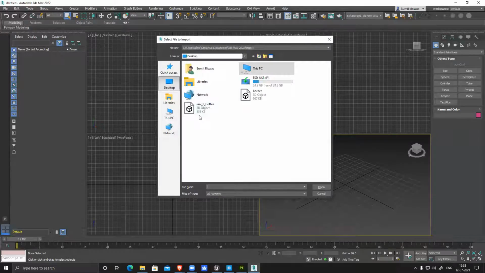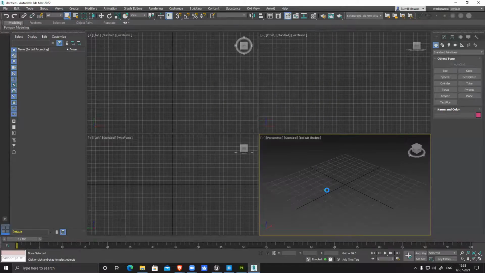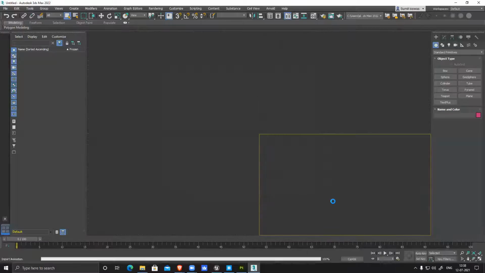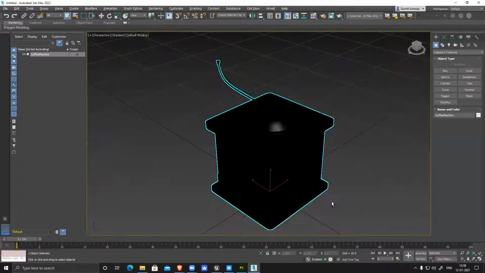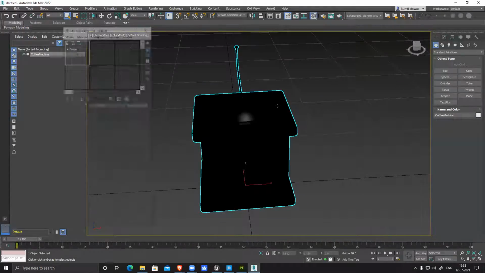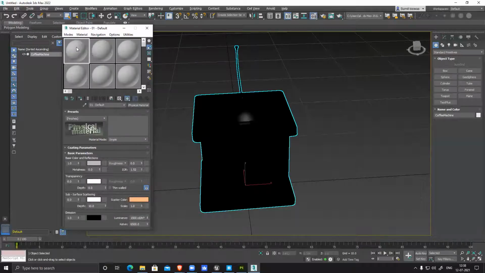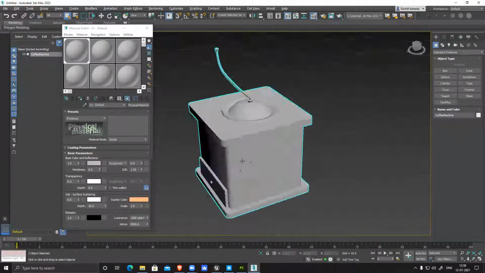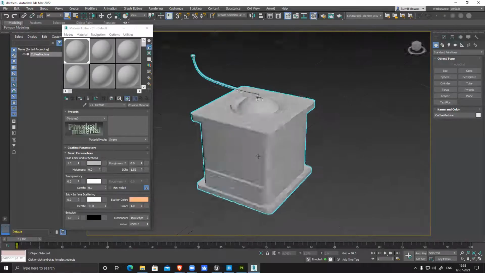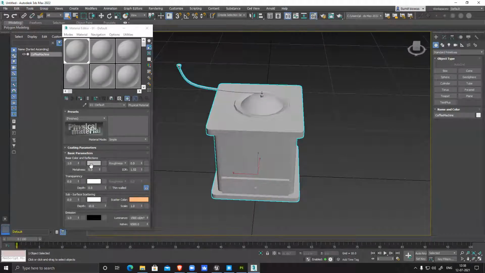Import desktop. Okay, so applied it. So now I want some checker here.